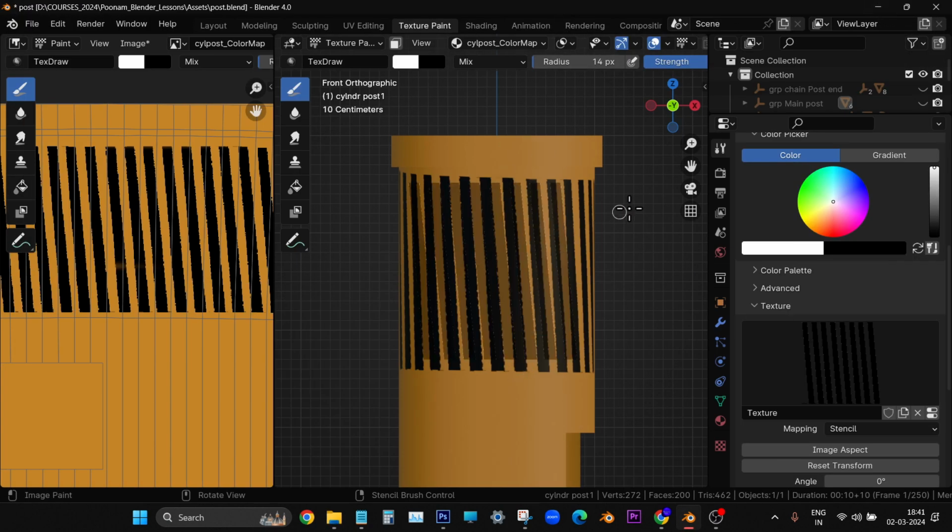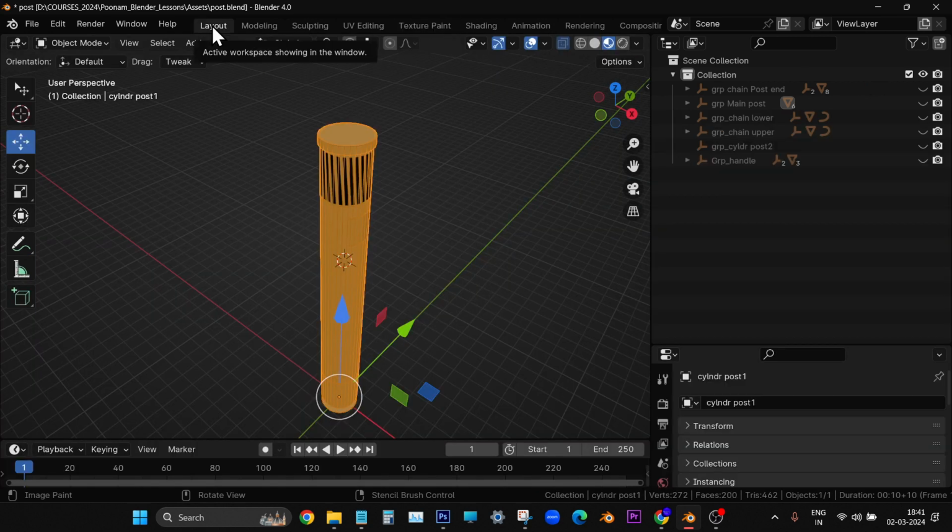So now we can go for the next exercise, next lesson, which is